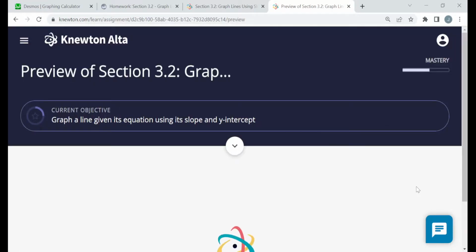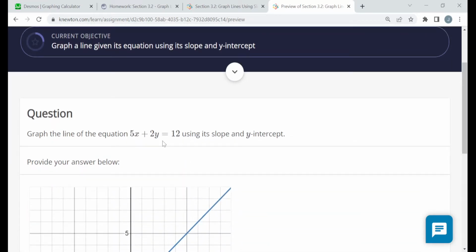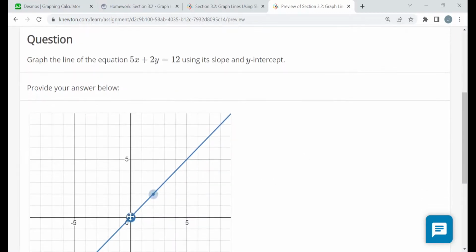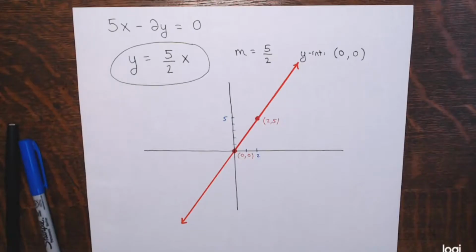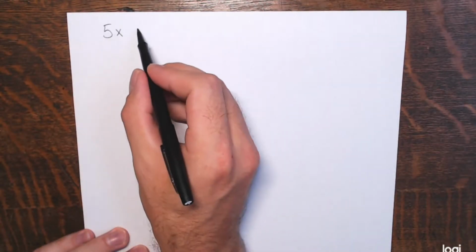All right. Now we have another question from this same objective. All right, so I'm going to do the same thing again. I will put this into slope-intercept form. Plot then on the graph here, I'll move one of the points to the y-intercept, and then move the other point using the slope of the line, going from the y-intercept to another point. All right, so we have 5x plus 2y